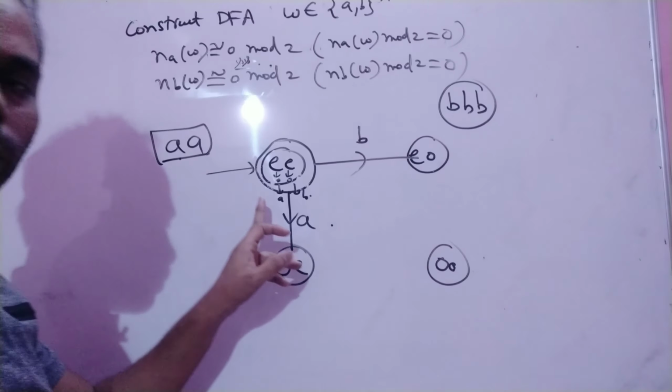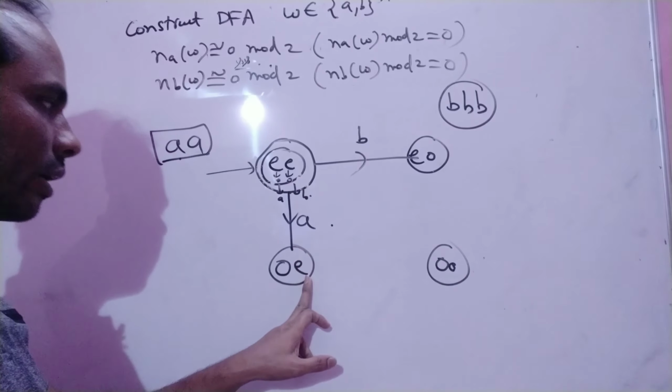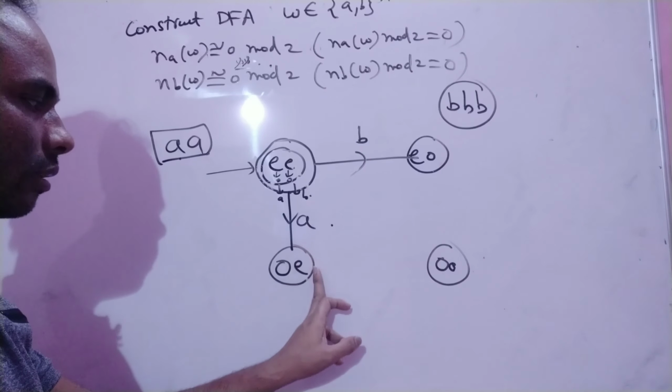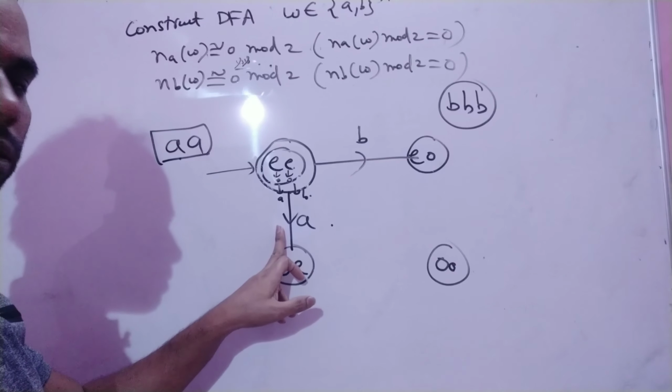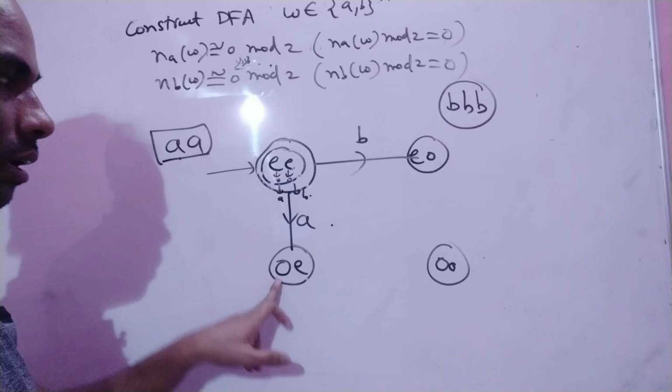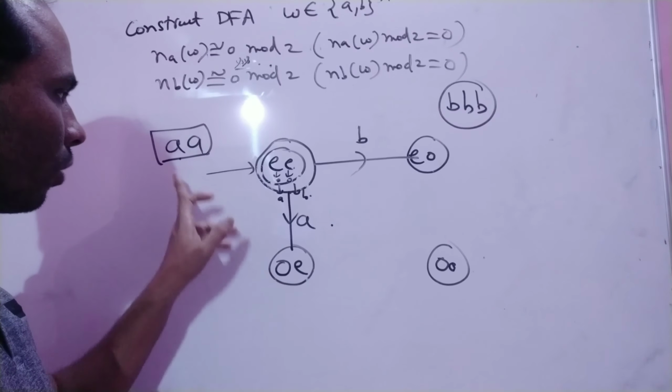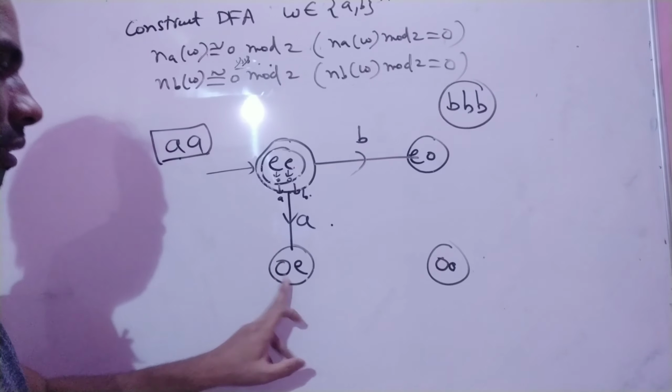With this even number, if you are adding one more A, you are reaching here. So this is already E. You are not changing anything here, but you are applying number of A's. Number of A's is going to change here. Previously it is even E, and after applying one more A, this state becomes like this.